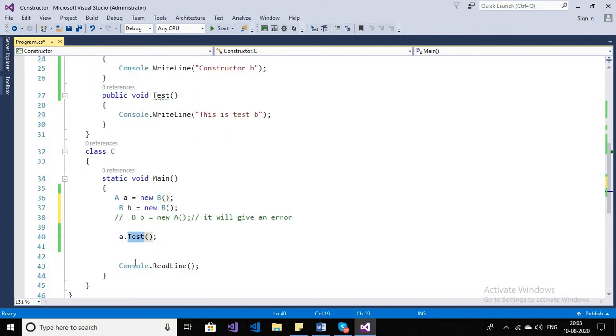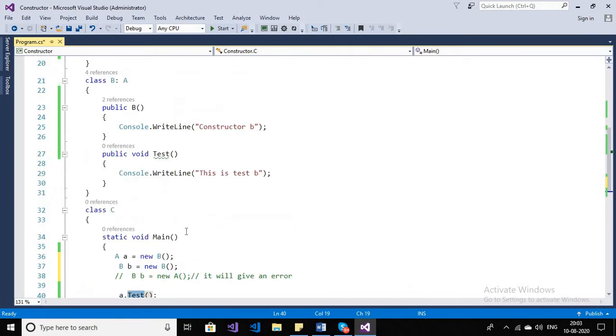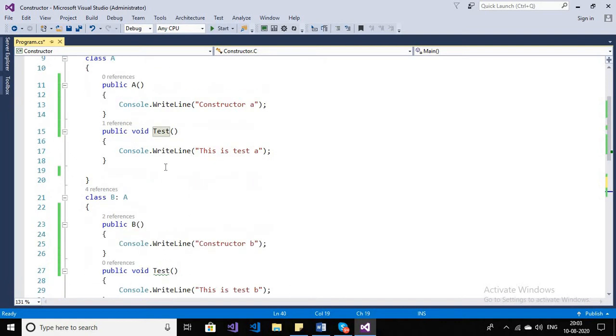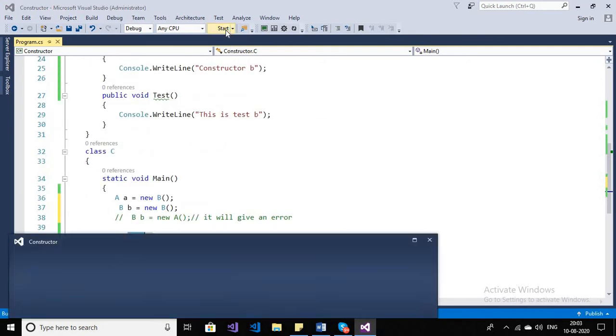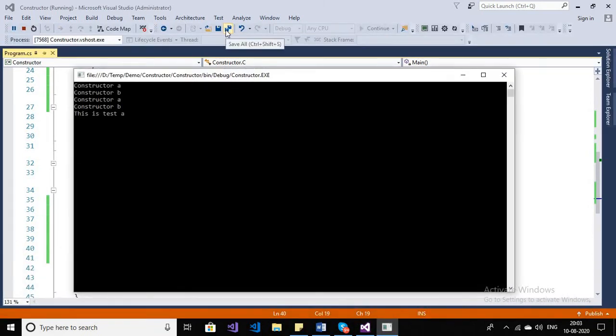Now what is your answer? Here I am writing A dot test. Which class method will get executed? Will it execute the B class method, or will it execute the A class method? What do you think? Here is your answer: "this is test A".